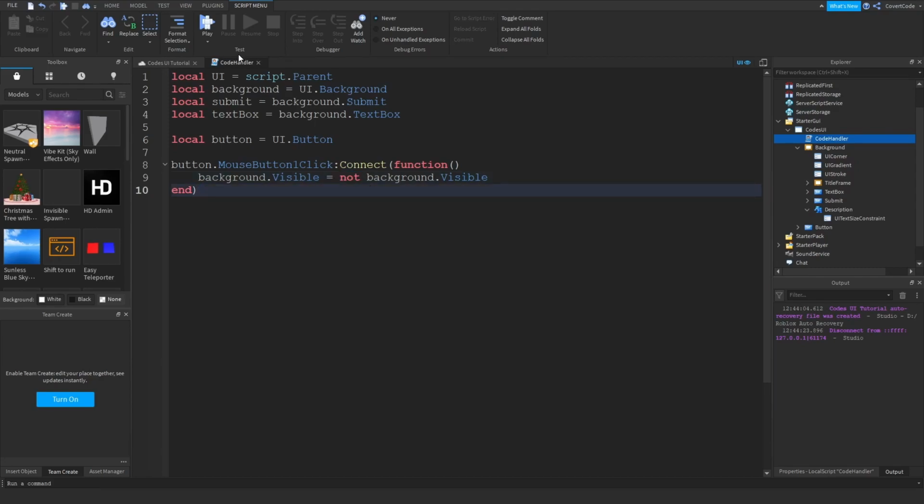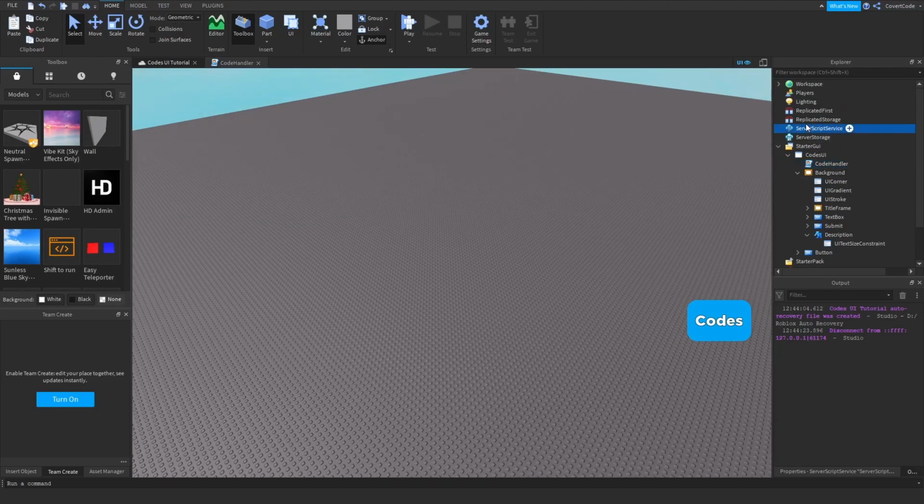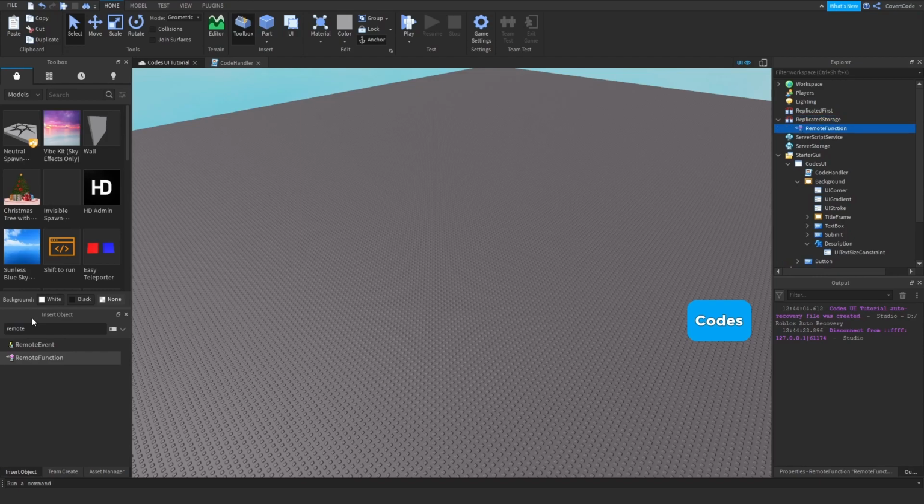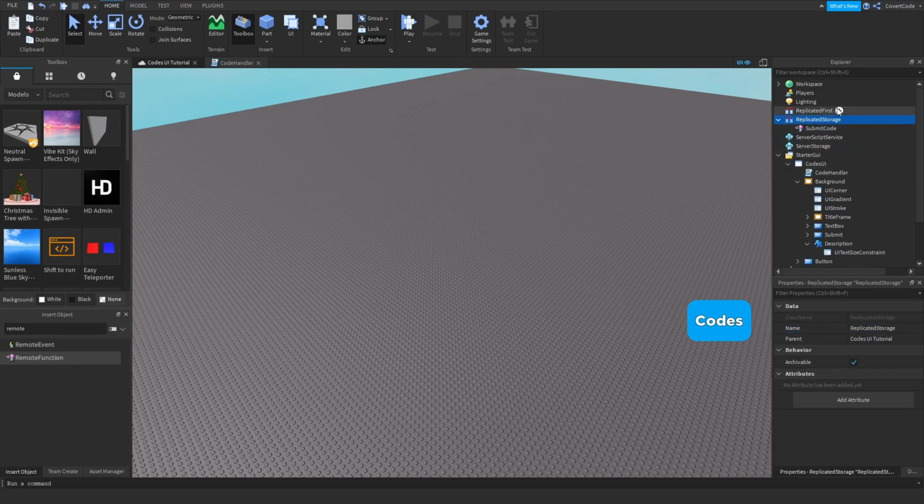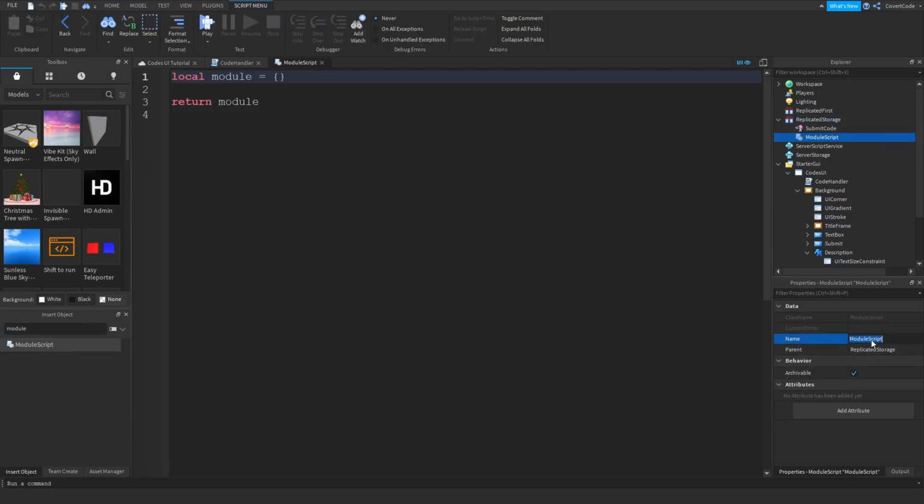Okay, now let's go to replicated storage, insert a remote function, okay? And I'll explain what this does in a second, but call this submit code, okay? And in the same place, inside of replicated storage, insert a module script. And this is essentially going to be our codes list, okay? And just clear out the script and return an array, okay? If you don't know what arrays are or tables, I have a tutorial on that. Check out my Zero to Hero